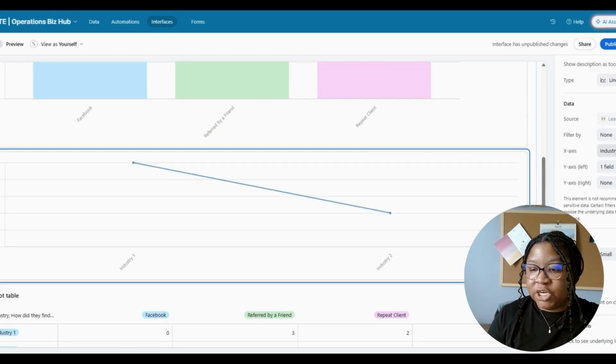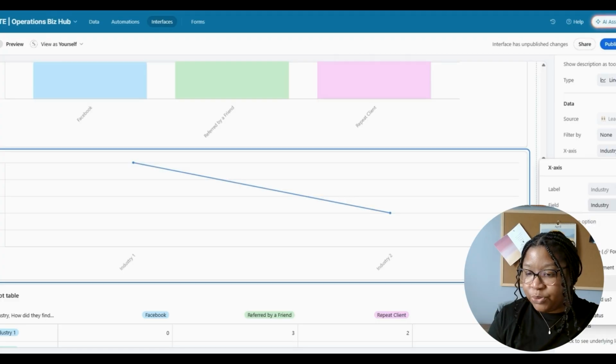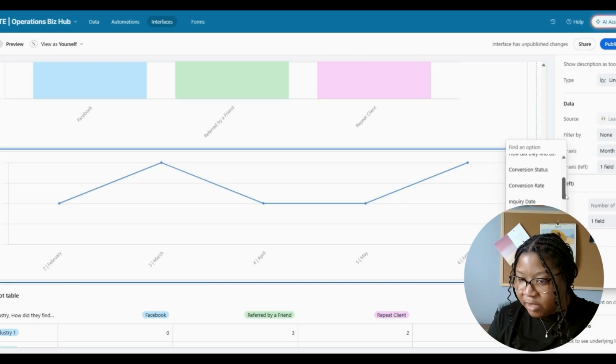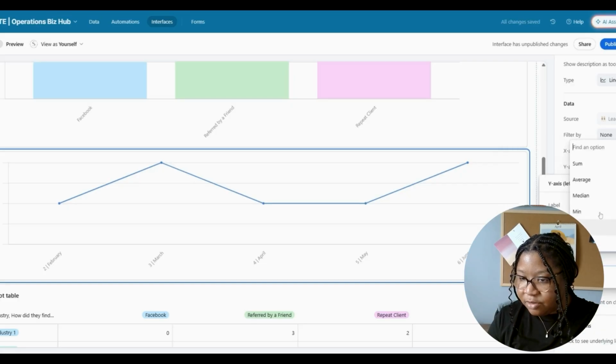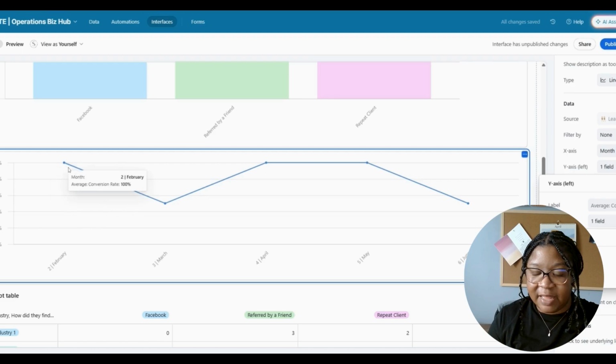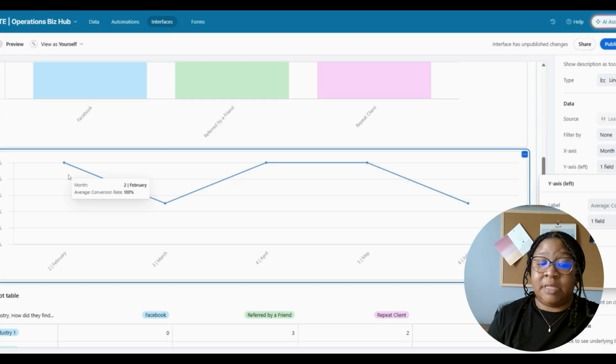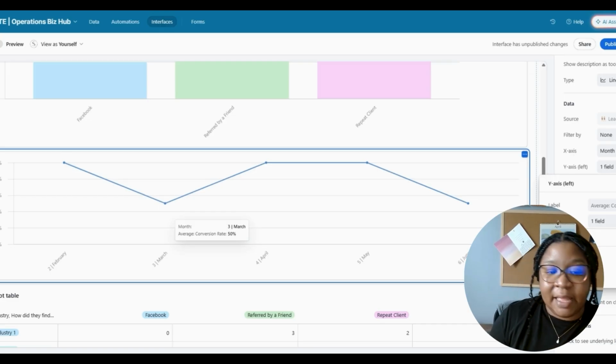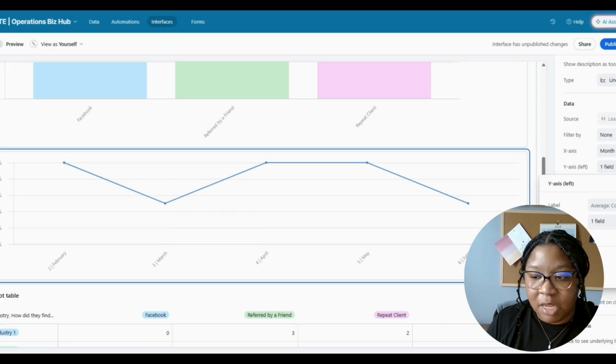So let's go ahead and change the x-axis from a summary count to conversion rate, and we want to do average. So we want it to give an average of the percentage conversion rate. So I could see, hey, in February I was killing it, right? In March I went down to 50%. What happened there? I can go back and look at this data and it tells me more of an